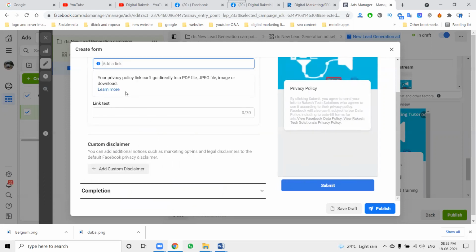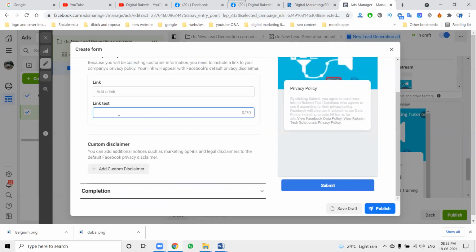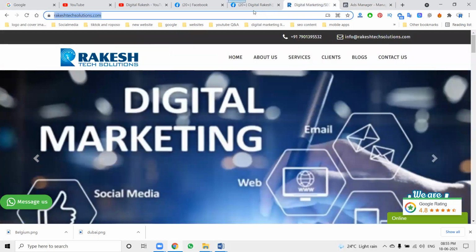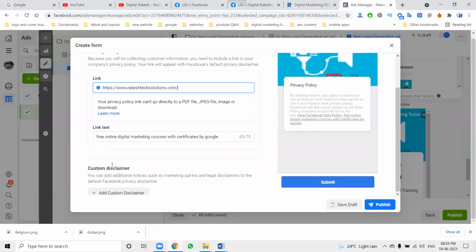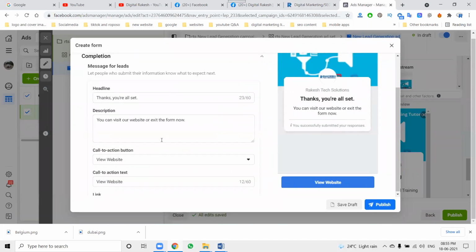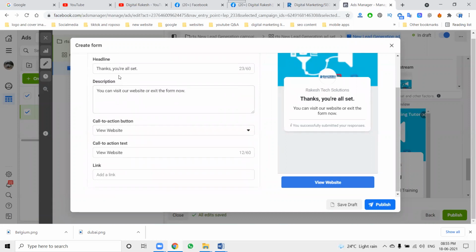Privacy option. Here is the add link text. So your deep link, completion. Thank you for contacting us.